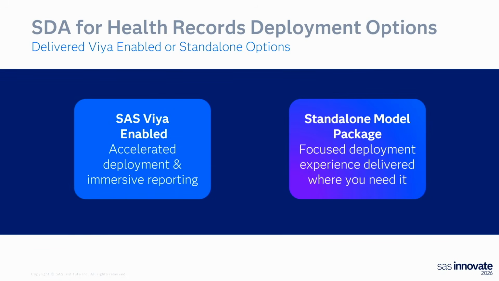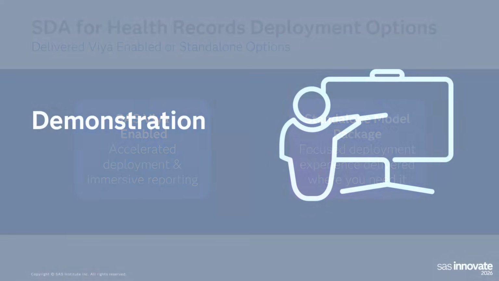All right, you've seen this slide a few times. This is how we actually deliver the product. We give you two options. You have a VIA-enabled version that works in SAS Studio with the custom step I showed. This gives you access to all the security and the accelerated performance that you get with SAS VIA. But we also provide a standalone package that doesn't need VIA to be executed. It's essentially a containerized version of the product that you can open and run with Docker. So I'm just trying to give you a little more flexibility there.